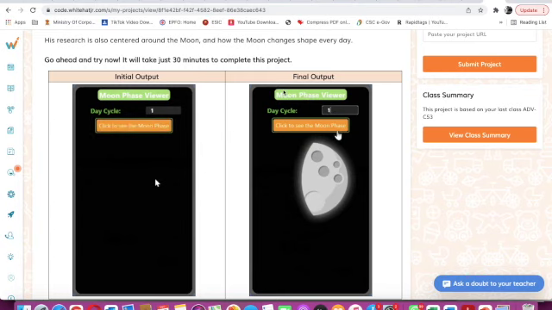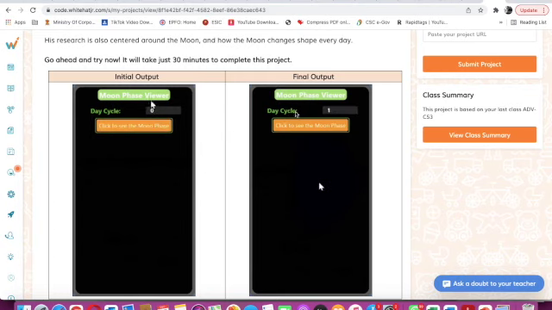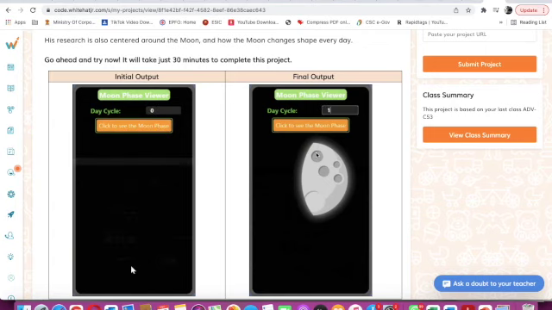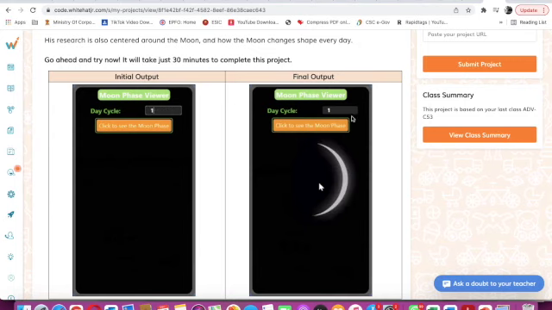Here this is Moon Phase Viewer, this is day cycle, this is a text input, this is a button, click to see the moon phase. And if we click, the hint will be enter day. If we type 1, day cycle 1, the day cycle 1 moon image will come here. If I type 2, the day cycle 2 moon image will come here. So we will check what the coding is.